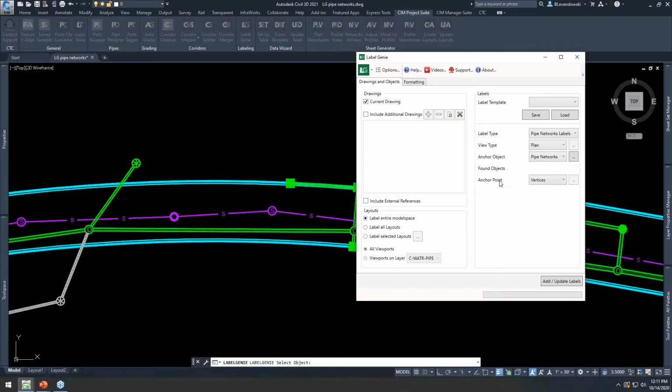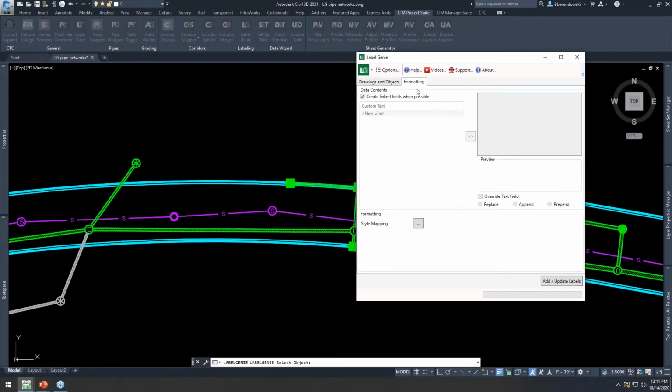Then the anchor point for pipe networks is simply vertices, because there isn't really anything else to label there. Now I go to the formatting tab. I showed you this in PowerPoint. A lot of these things don't apply to pipe network labels, because a lot of that data is just kind of baked in there. We are going to have some options to override those labels,